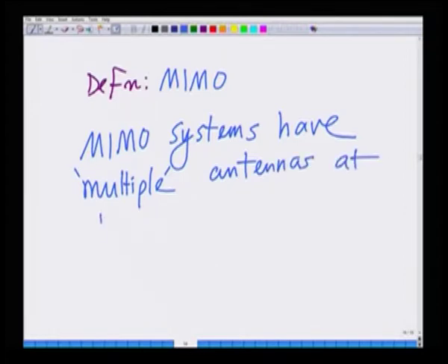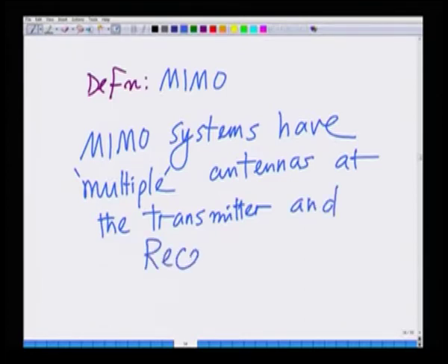antennas at the transmitter and receiver. As I said, this is the keyword multiple, which means greater than one, that is 2, 3 and so on antennas at both the transmitter and receiver. That is the definition of a MIMO system, that is they have multiple, more than one antenna at the transmitter